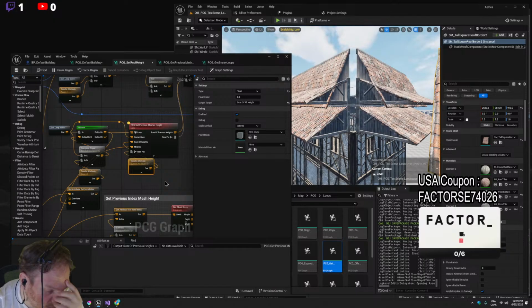Because you can do it if all of them are the same size. It's easy to do, but when they are different size,